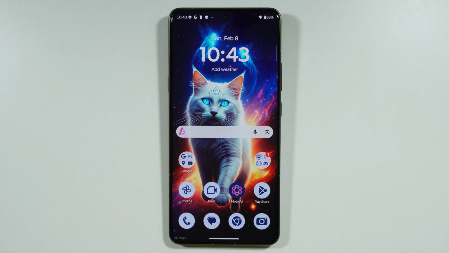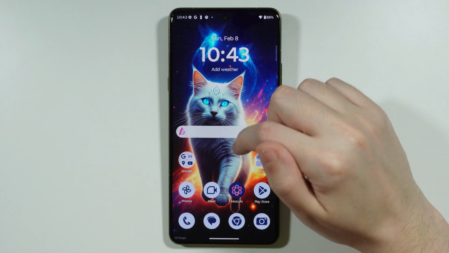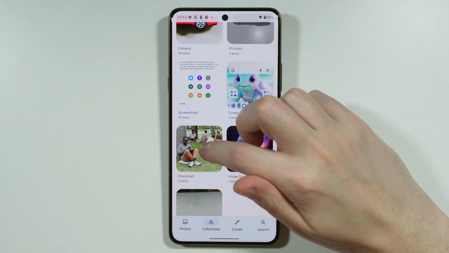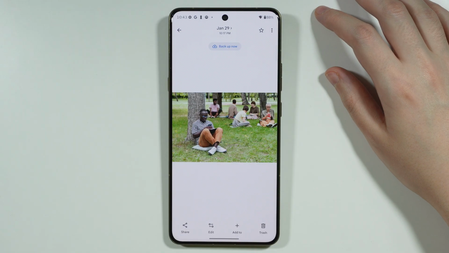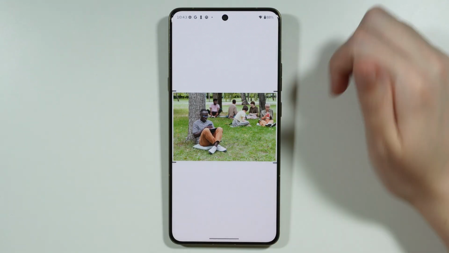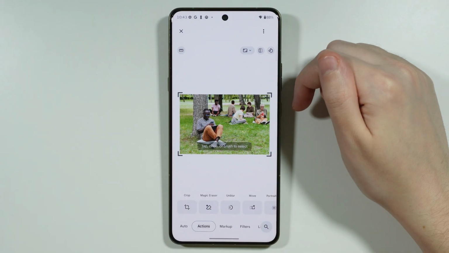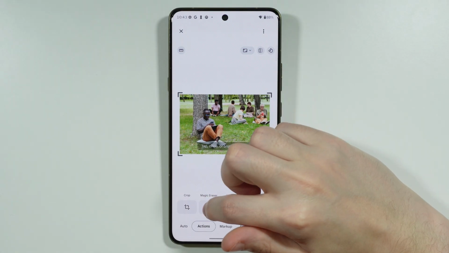If you want to remove people from photos on your Motorola smartphone, what you can do is go to the Google Photos app, and then open the photo from which you want to remove people, and we're going to use the edit button at the bottom of the screen. Now over here we can switch to actions, and you might be able to find the magic eraser, so we